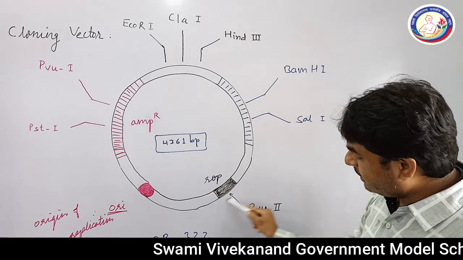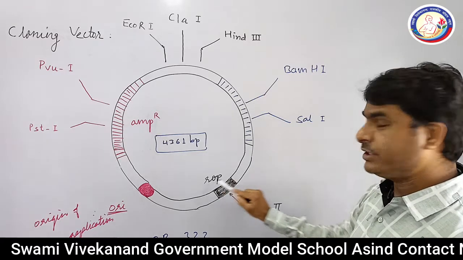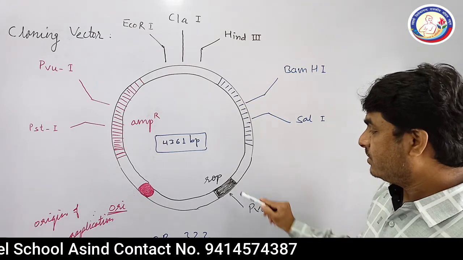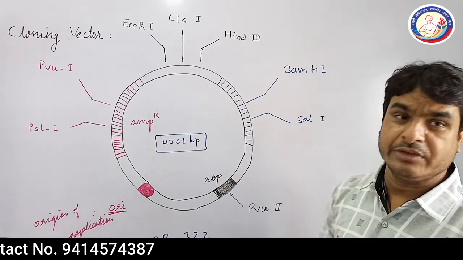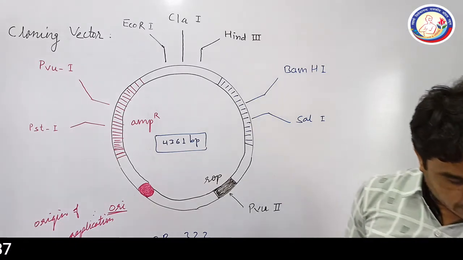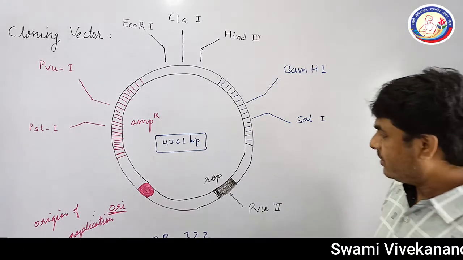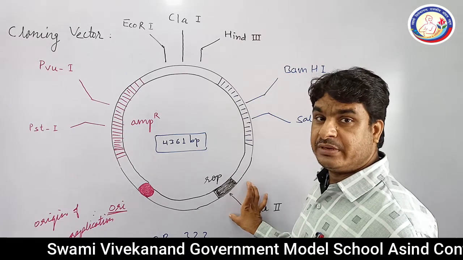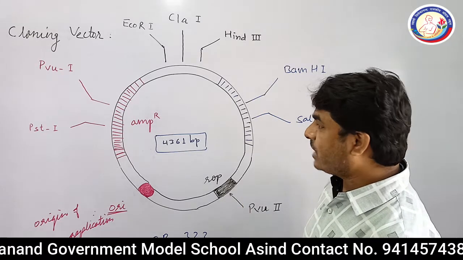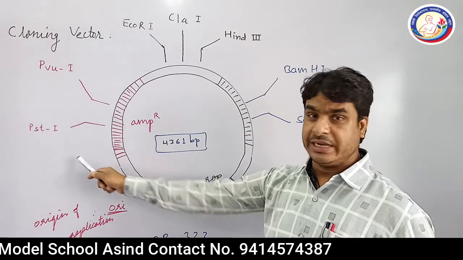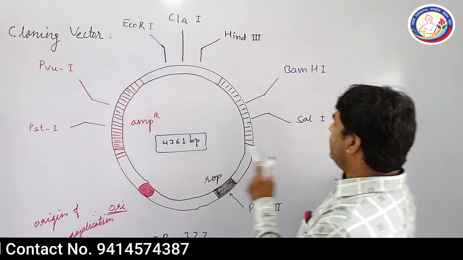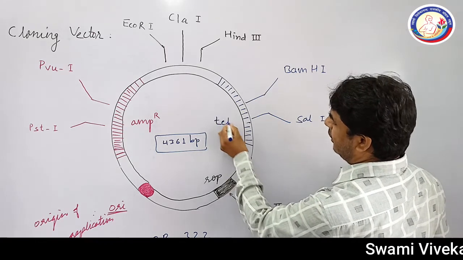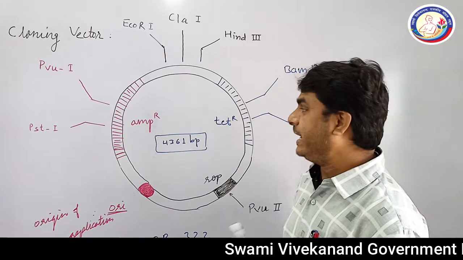The second part you can see is the ROP. This is the black spot given here. This is the ROP, repressor of primer. Its specifications are not given in the NCERT book, but it is the part of the plasmid that will decide the copy number. Now come to these two parts. On the left hand side you can see AmpR and on the right hand side you can see TetR. What do you mean by AmpR?